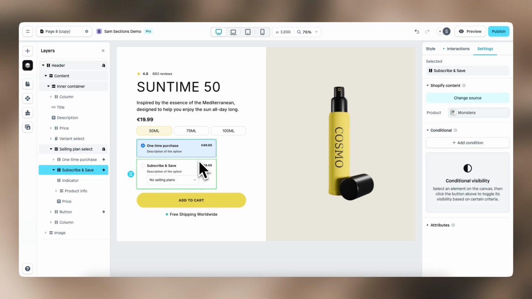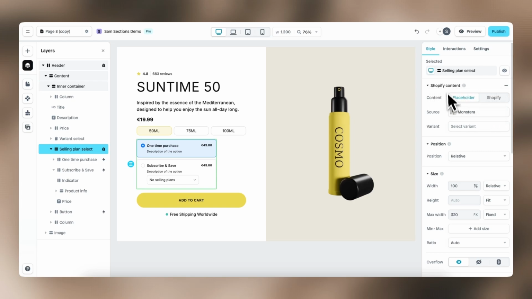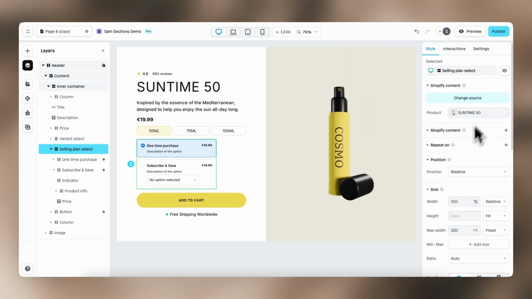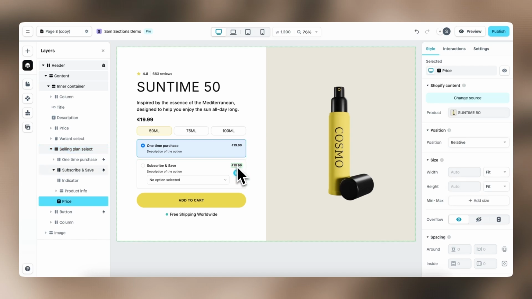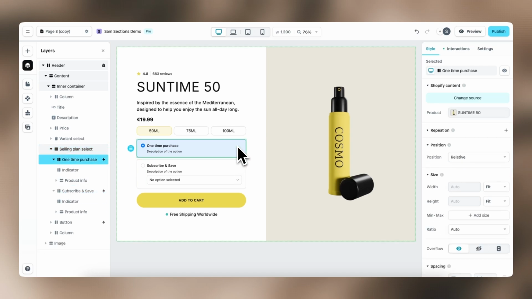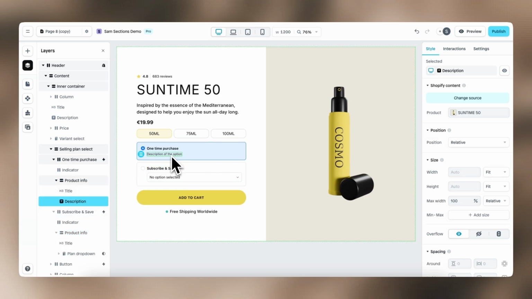This preset is by default connected to a placeholder product, as you can see right here. So let's disconnect it from this placeholder product. And now let's also delete some default styling, for example, the max width of 320 pixels. Let's delete it. And then we delete this price element, and the description of the subscribe and save, and this